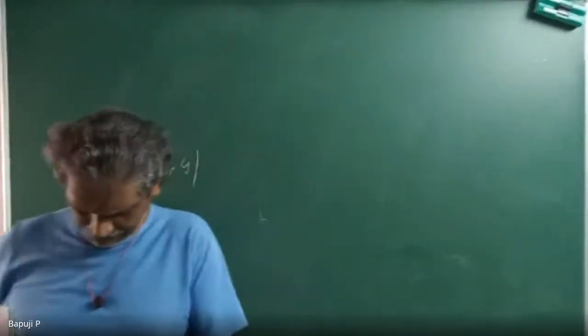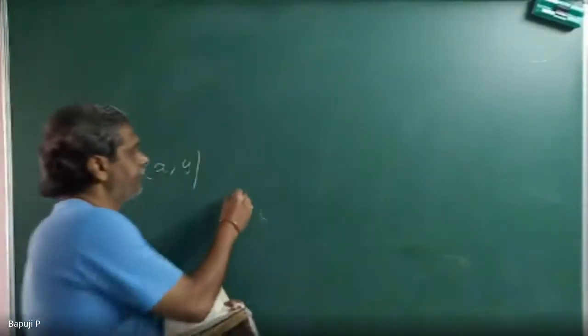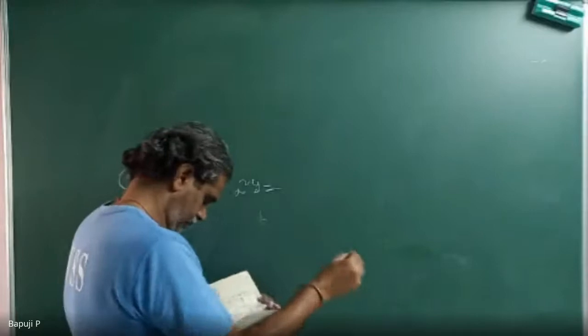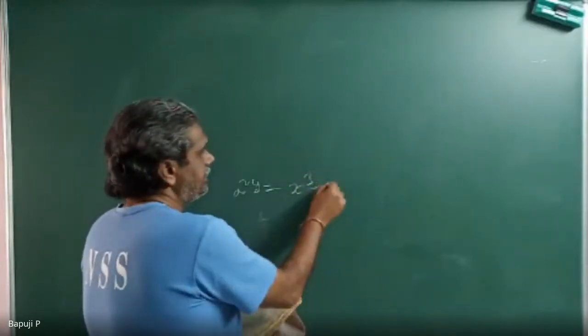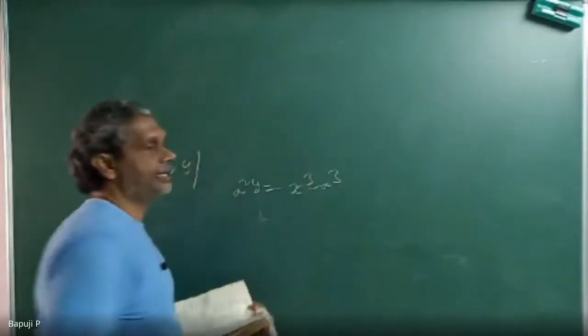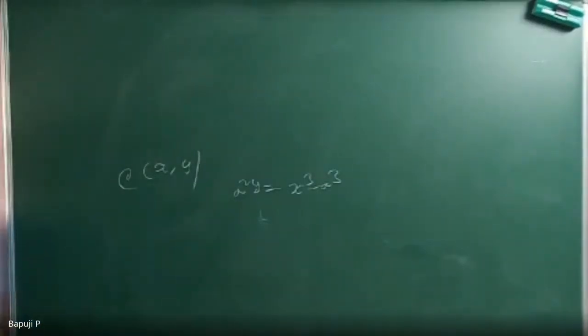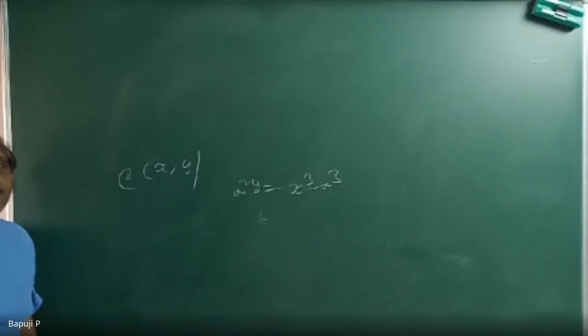For the curve a square y equals x cube minus a cube. He is asking to find the radius of curvature at x comma y. So you can take it for granted if x, y is a point. If they give particular points like the previous problem, 1/4, 1/4, I take it and get the numerical values. Just keep it as is, in terms of x, y only.